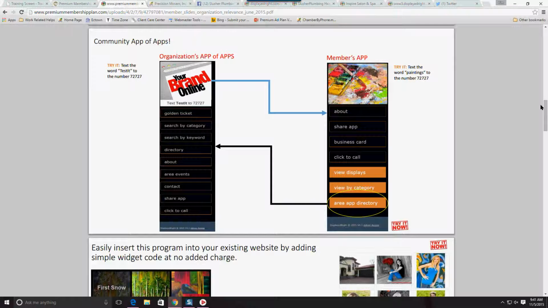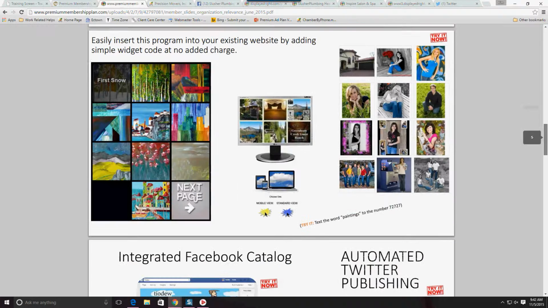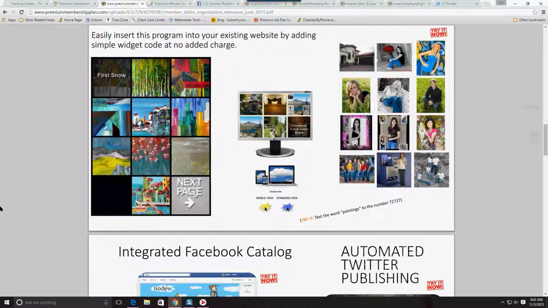It's another tool that is meant to help promote and expand your reach in getting your business information out there. Now, if you do have a website, we also create a widget where you can have those same displays on your current website. We would just need to get in touch. If you manage your website, then we would give the code to you. But if you have a webmaster, we could provide you with the coding. That way you can have the same display images that are on your Storyboard site and on your Facebook business page. Again, we're not trying to steal away from any of your current websites. What we're trying to do is expand and broaden your web presence.